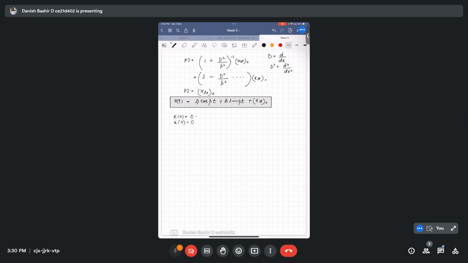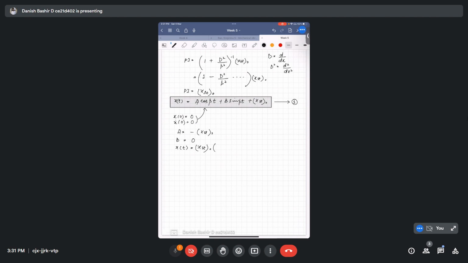When you induce these two conditions into this above equation, we will get our a and b values: a will be equal to minus x static naught, and b will be equal to 0. And when you put these a and b values into equation 1, it will boil down to this simple form: x of t will be equal to x static naught